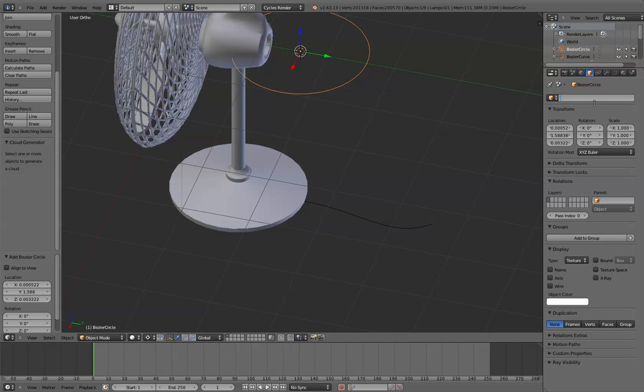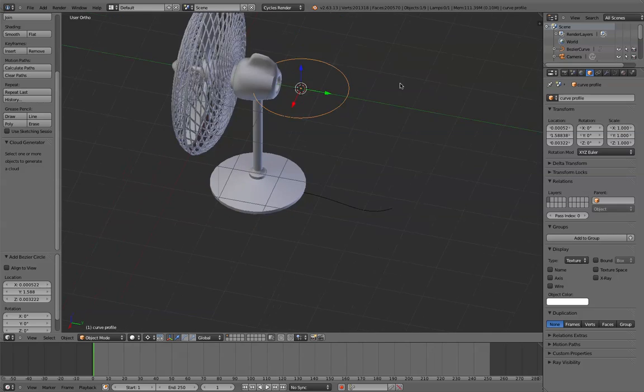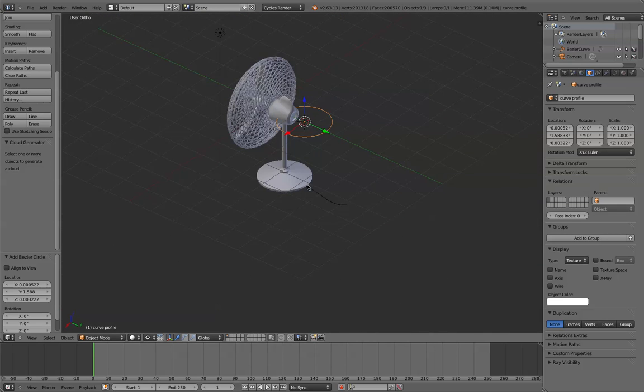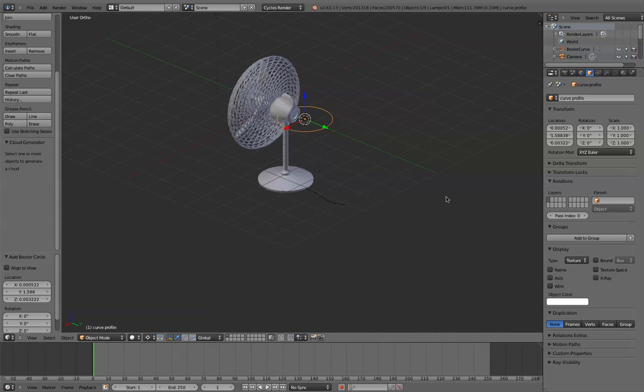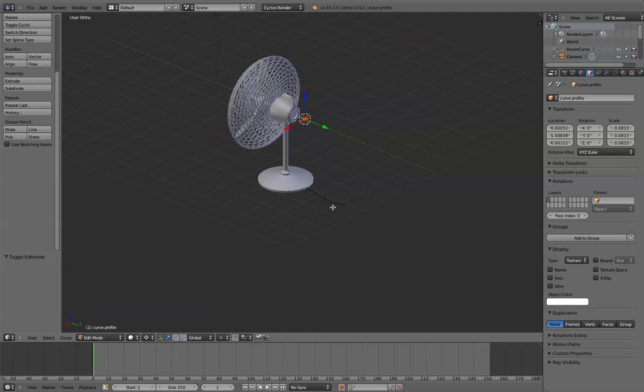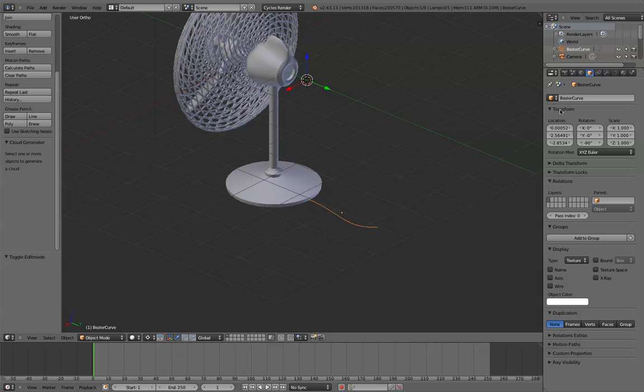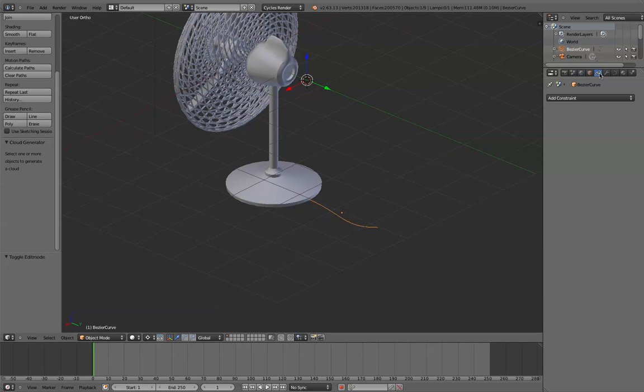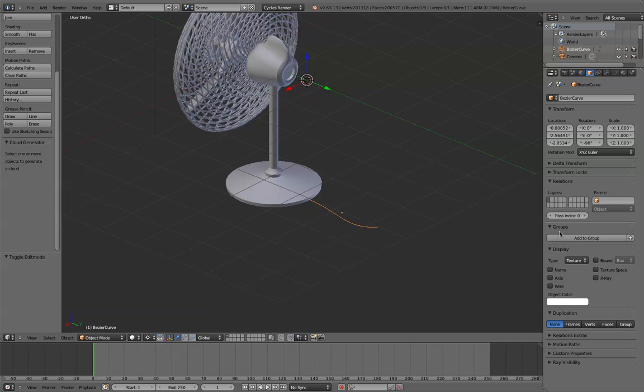It's not good. But I'm just going to go curve, profile for this circle I just made. And what this is going to do is give us, if we scale this down a bit, and we go to here, and if we go into object data, and in here we should have,